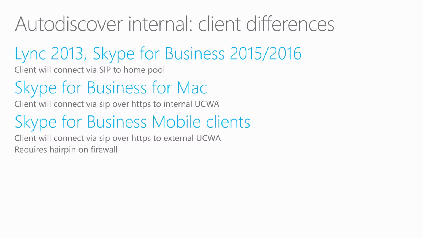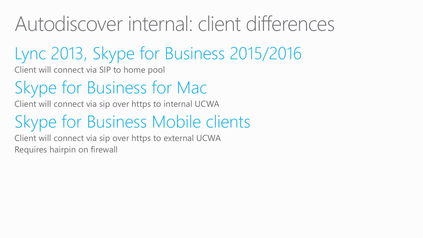So if Chuck is using Lync 2013 or Skype for Business 2015 or Skype for Business 2016, then after doing the Autodiscover, learning what the home pool is, the client will connect via SIP directly to the home pool on port 5061 and will start with the provisioning and will be online. If Chuck is using a Skype for Business for Mac client, the client will connect via SIP over HTTPS